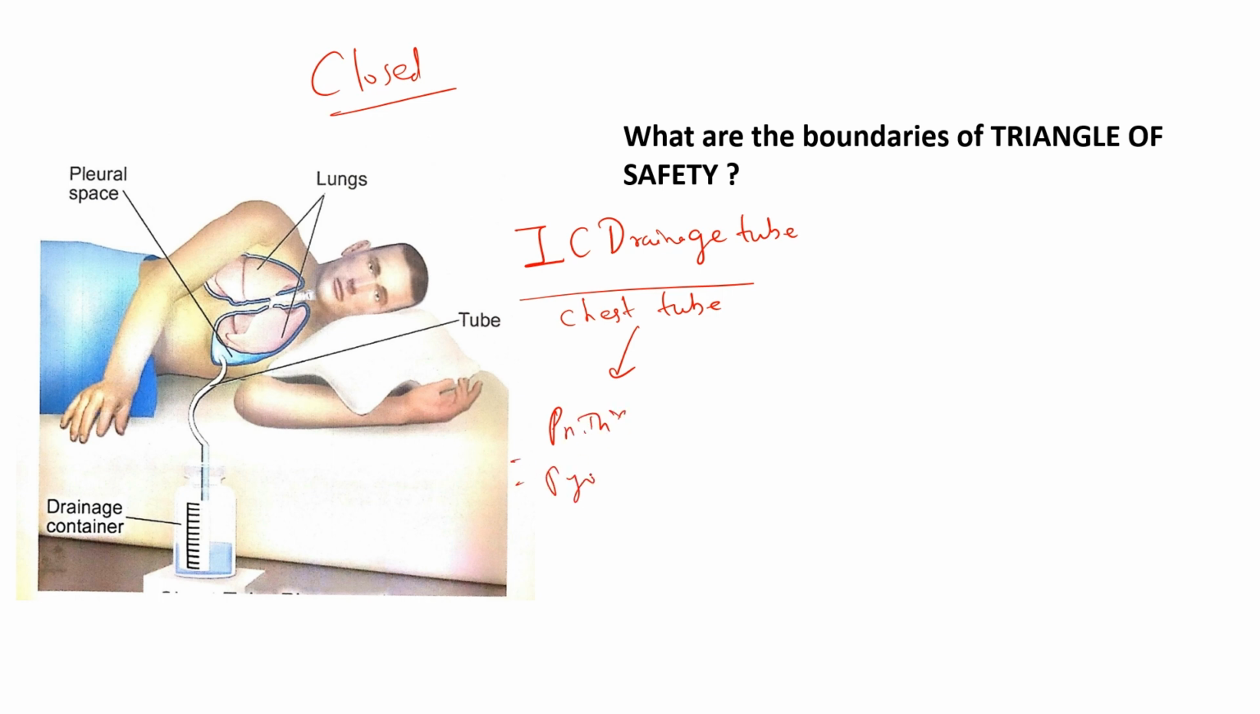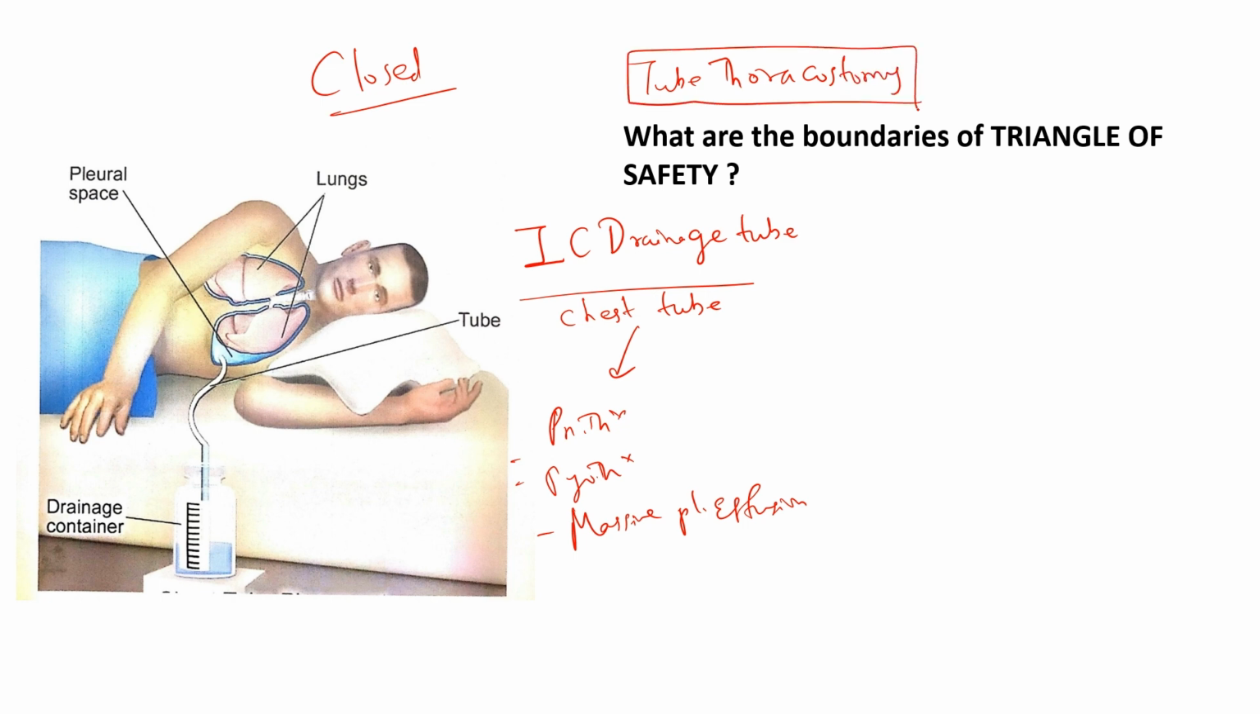So, any massive pleural effusion, etc. Whatever the abnormal accumulation present within the pleural cavity, to drain that, we usually go for a chest tube or intercostal drainage tube. This procedure is usually called tube thoracostomy. Tube thoracostomy. Okay. Now you know that this drain is usually inserted through a specific site called the triangle of